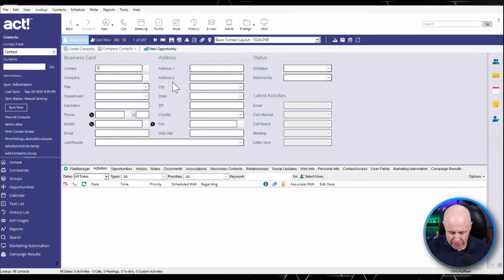I'm going to call this guy Slim Pickens. Company, we'll just call it Test Corp. And then he's the president. And I'll just put in a phone number, 403-444-5251. And then we'll put a quick address in here, 123 Street, Northwest,